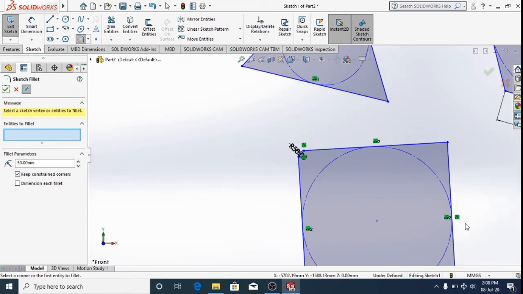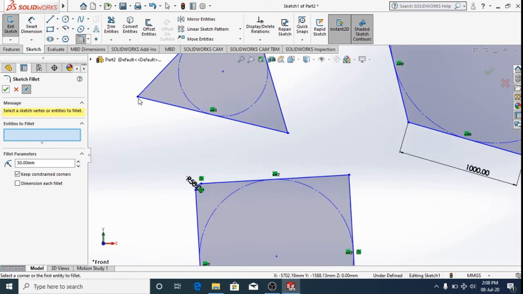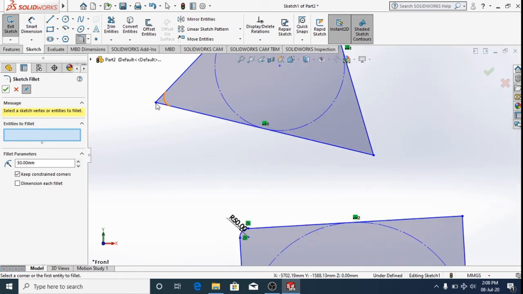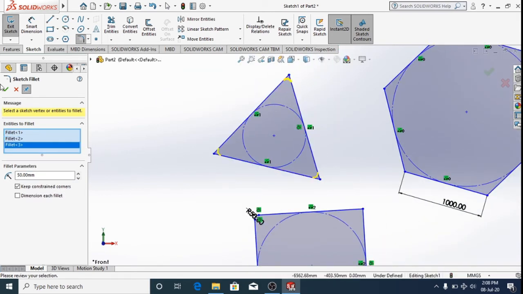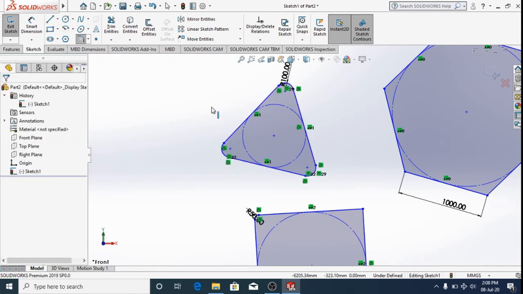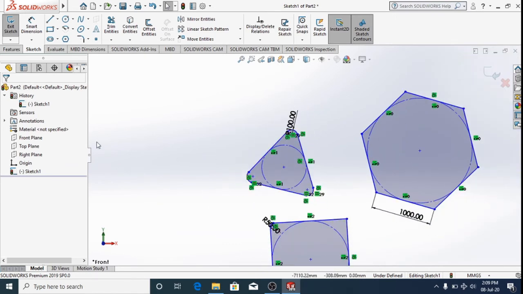It's very useful, and it's very satisfying in a case. You can also choose multiple fillets for a single body, and it's up to you how much dimension you give for that. So I'm going to take 100 mm for each fillet. Just check out how the fillet has changed the structure of the triangle. So here you go. This is very simple.